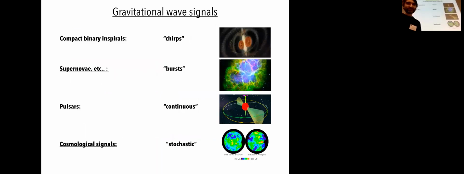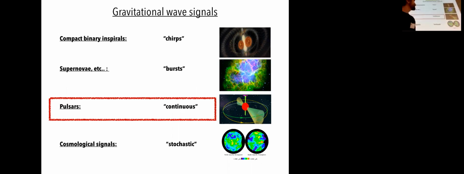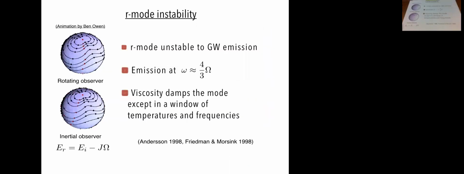So just to move on very quickly, the last thing I mentioned is gravitational waves. So why does this kind of topic matter? Well, I'm not going to focus on these in-spirals that you might have heard of, but it matters for continuous gravitational waves. So basically, a gravitational wave pulsar, something that's on all the time. And there's various ways you could do this. What I'm interested in is that you could have oscillations of the neutron star that couple to the gravitational field and give you an observable signal.